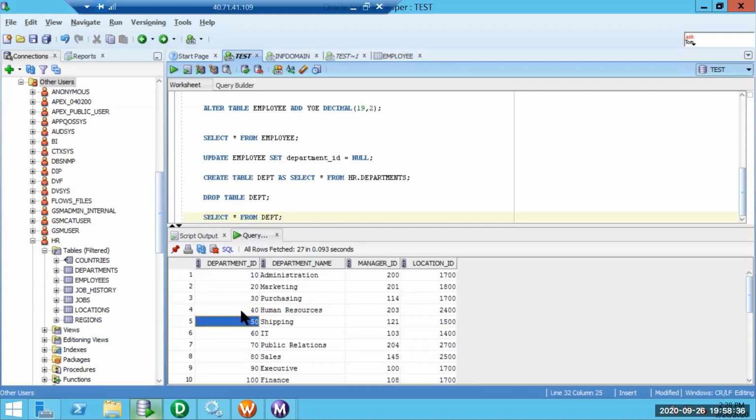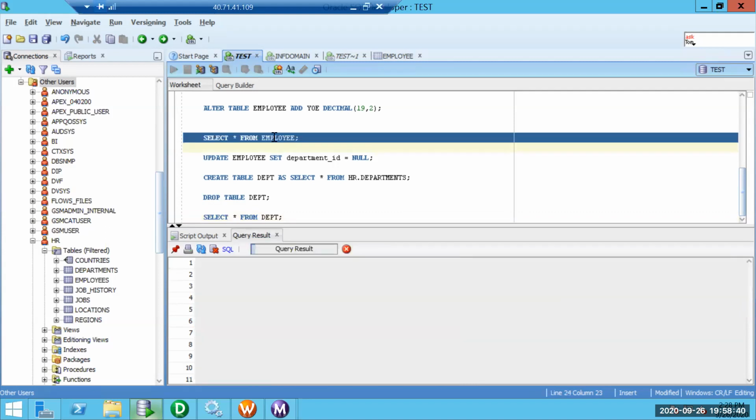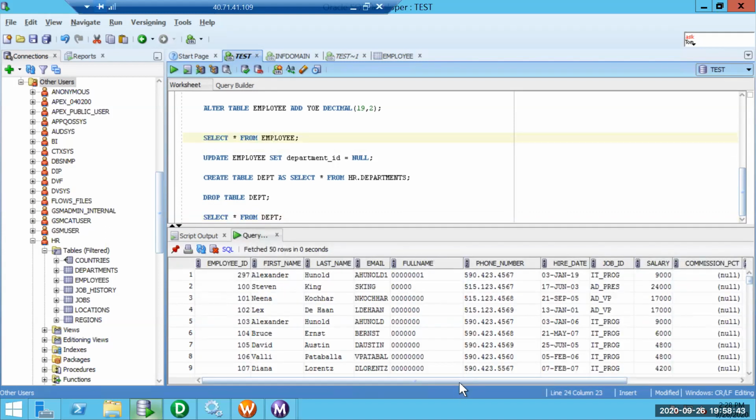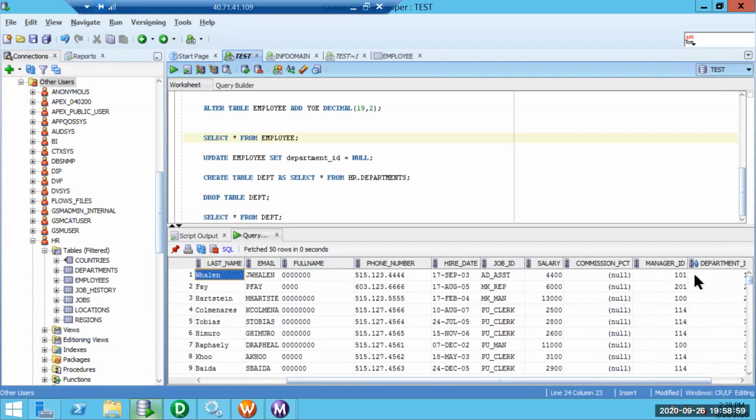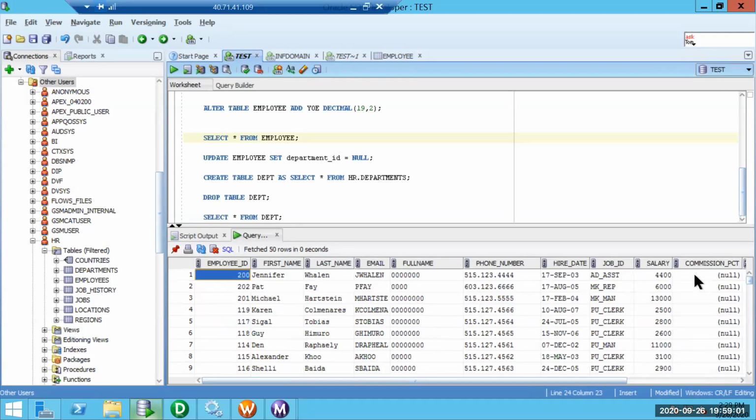Let me pick the least repeated column value. Probably 10. 10 is repeated only once. Let me duplicate that record. In my source, for 10 only one record is there, employee ID 200.